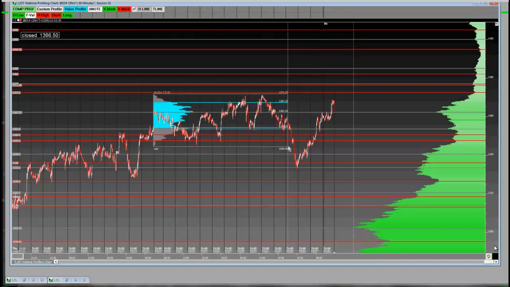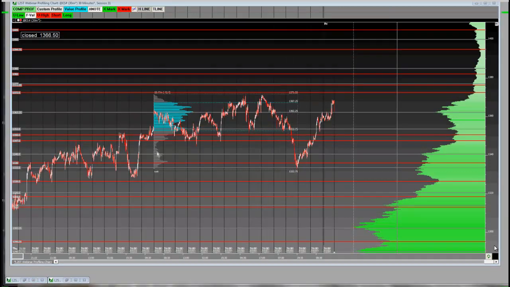Okay, and you can see how the volume built down here because I left that building. You could start to see that volume start to build down here, but it was nowhere near as significant as the amount of volume up here. So when I say volume building, this might be a heads up, and only a heads up, that we're starting to accept down there. But when you compare the amount of acceptance down here to the amount of acceptance we had up here,